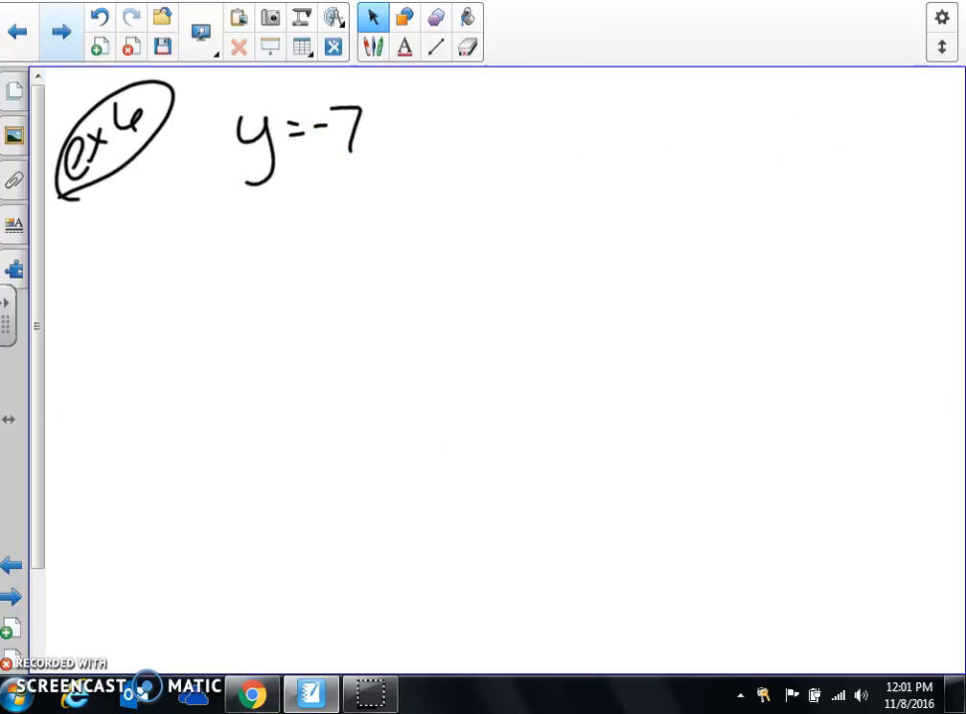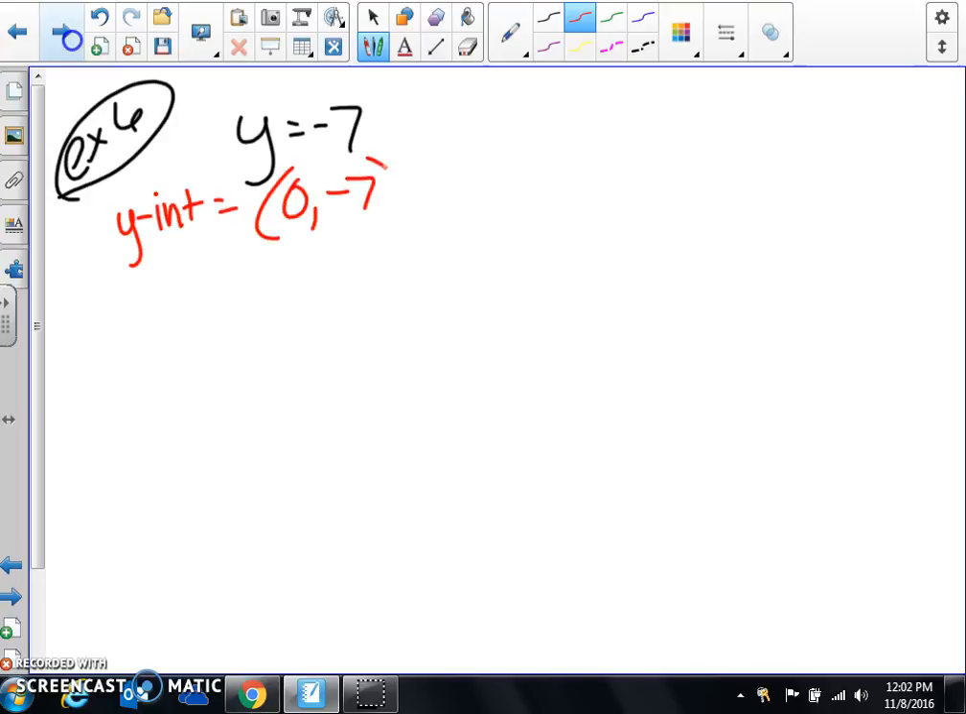And last one. All right, so y equals negative 7. So once again, I know it's already solved for me. So my y-intercept is just 0, negative 7. I don't have an x value. There's my y value. This time, if you're thinking about HOY VUX,